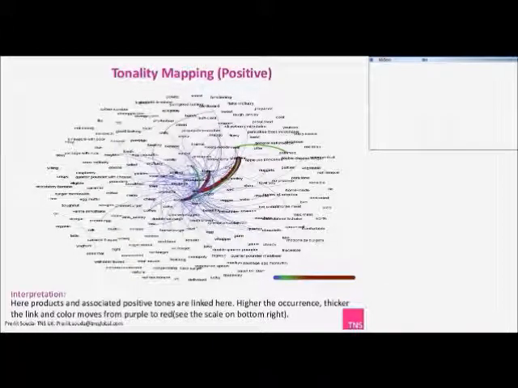Okay, this is something of a tonality mapping. I said something about tones a few minutes back, and I will talk in detail about it right now. Personally, and that's my own personal belief, some may not agree with me, but I don't believe in simple sentimentality scores, which are a kind of oversimplification of your emotions, your opinion.